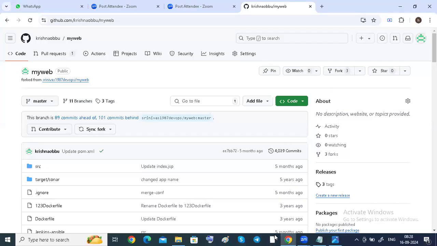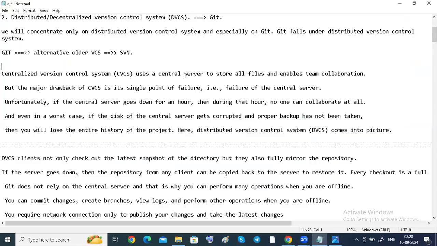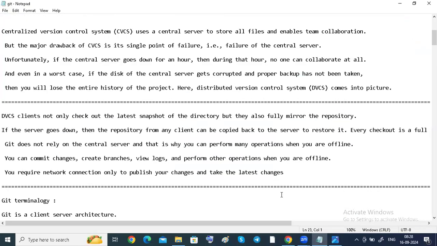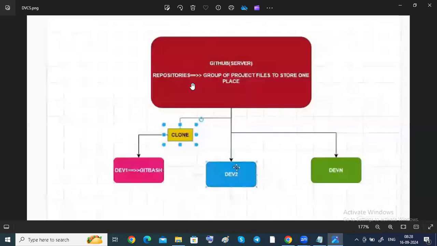Before that, we are discussing centralized and decentralized. Here I already showed you some of the diagrams. This is where Git and GitHub came into the picture. Every developer develops their code locally, and they push their code into the remote repository.